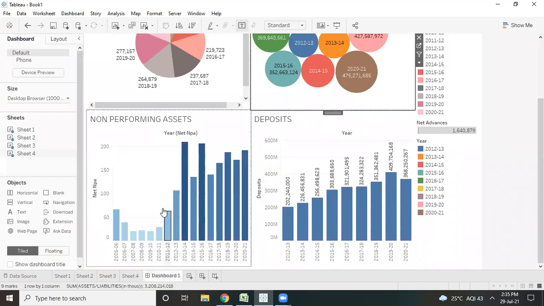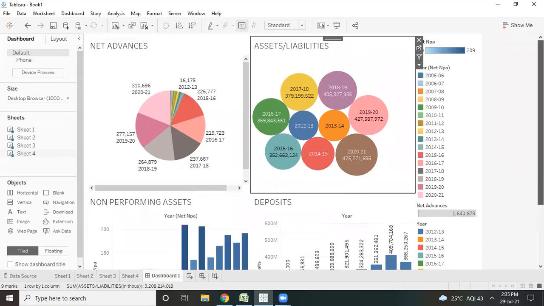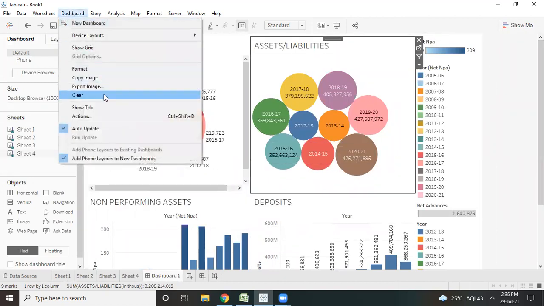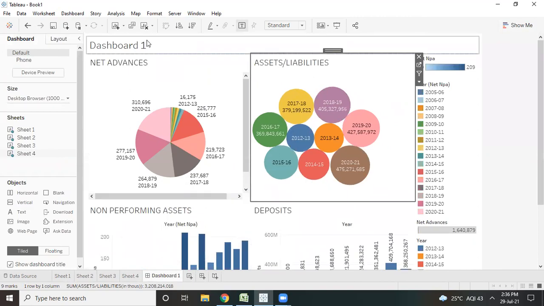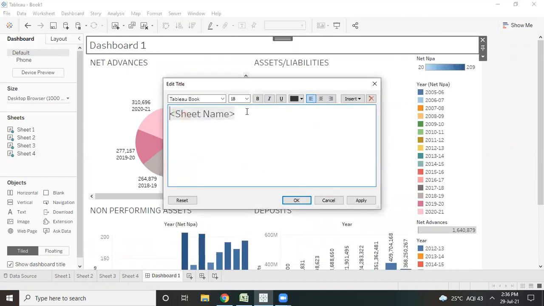If we look into the dashboard, here it's already edited. It is automatic. Here we can look. Now I want to name this dashboard, give a title to it. So I will give it this.